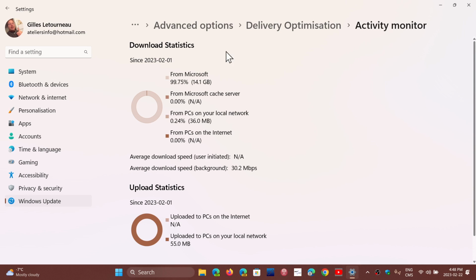And of course, you always have the date. It's from the start of the month usually. So this is from February 1st up to February the 22nd. We have 14.1 gigabytes. Now, in my case, and this is important to note, you see download statistics, and what's